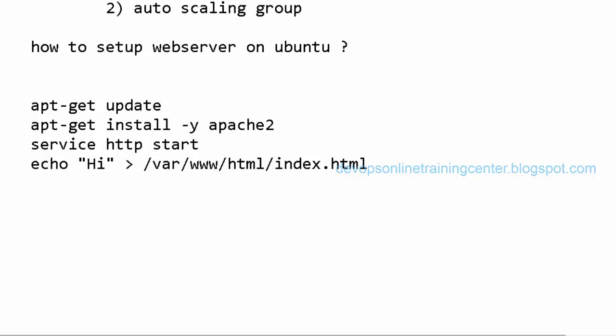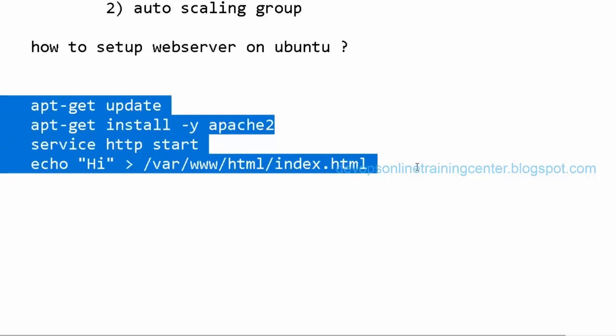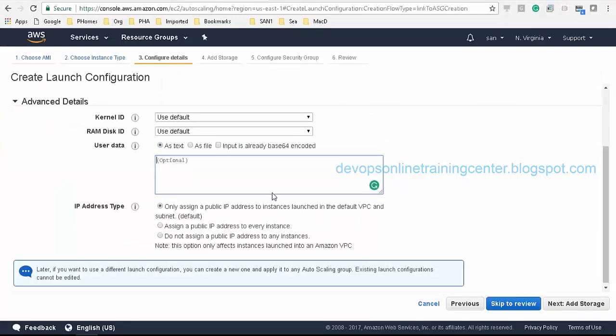Okay, so I'll copy this. Before that, we can also add one thing. What is it? We are putting that this is going to happen after the install of the instance, right? Yes, after, in the sense, when the machine comes up, it does this. Okay. So #!/bin/bash, right?